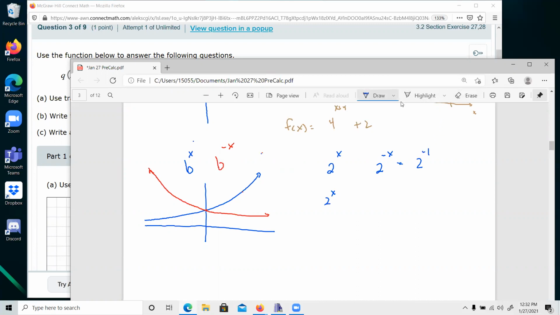This is 2 to the minus 1 to the x. Because remember, in order to simplify a power to a power, we just multiply them. But we can do them opposite, right? We could take a part of multiplication and make it a power to a power. And 2 to the negative 1, that's 1/2 to the x. So 2 to the negative x is 1/2 to the x, and that's what the negative sign is doing,